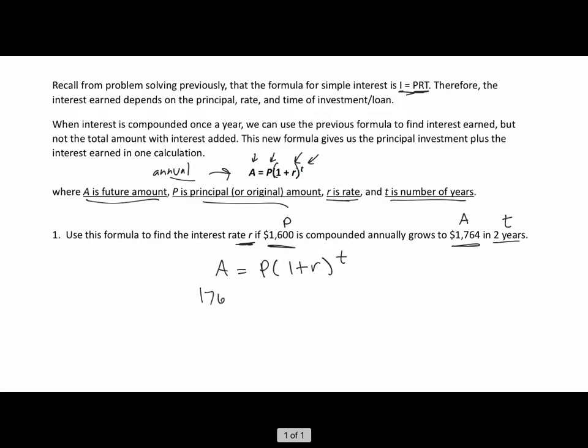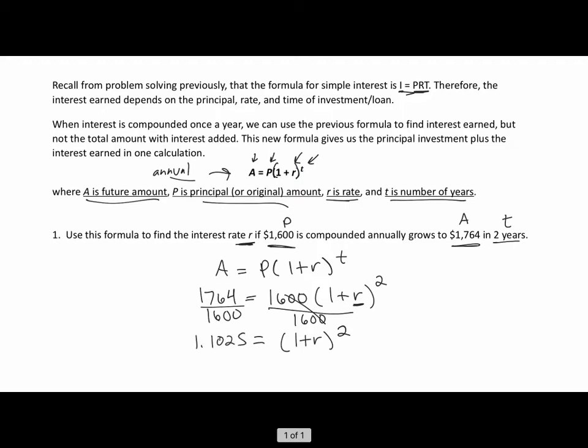So 1764 is 1,600 times 1 plus, we don't know, raised to the 2 years. All right, so this is what we need to solve for, and it's stuck inside of the squaring, so I know I'm going to need a square root property, which is the inverse of squaring. So first, I need to isolate that square. I'm going to divide the 1,600 from both sides of the equal sign, so that leaves just the square on the right side, and on the left side,